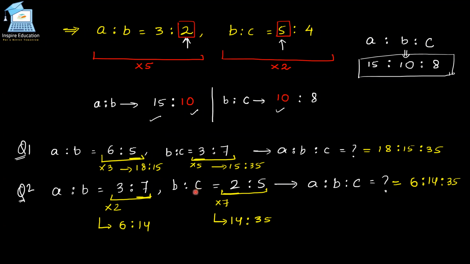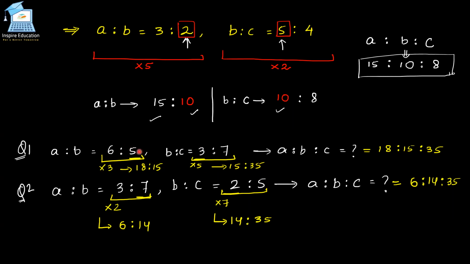So what is the common number that is divisible by 5 as well as 3? What is the common number you can think of? The number is 15, isn't it? I'm not saying 15 is the only number. There are many more numbers which are divisible by 5 as well as 3. For example, 45. But for our calculation purpose, for our comfortability, we will be targeting the smaller values. So 15 is the common value for 5 as well as 3.